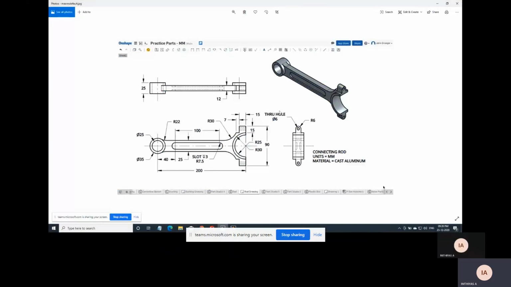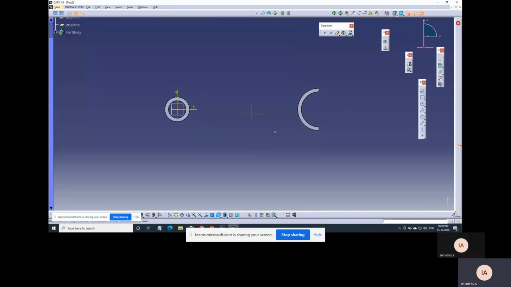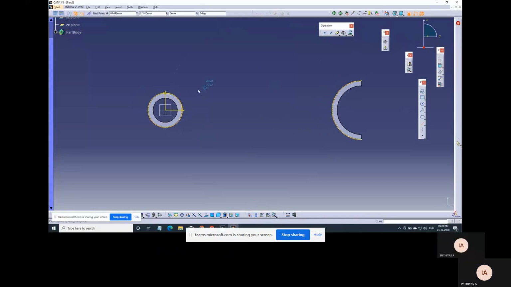Now we have to join the small and big end. We are joining the small and big end.